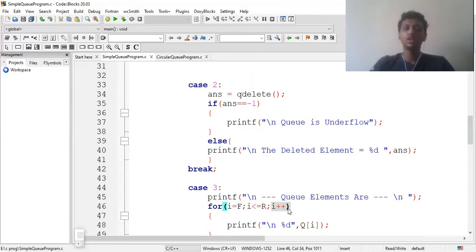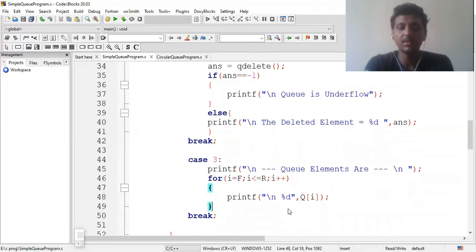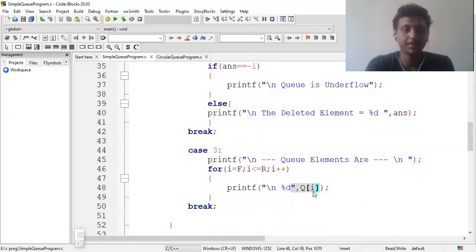In a stack we usually write i minus minus because it should start from the top, the last inserted value. But in Q we need to start from the first point. That's why we write i plus plus, from front to rear. Then printf Q of i.